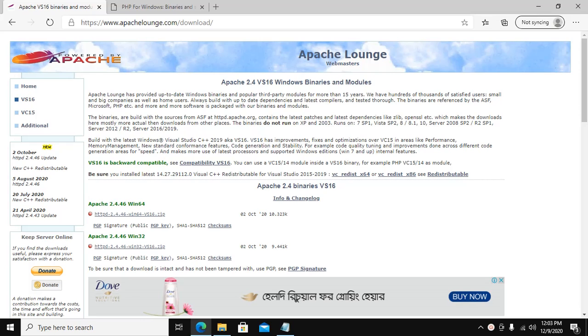Let's start by downloading PHP and Apache2 server from this website. Click here to download Apache 2 server for Windows 64-bit operating system, and this file is for 32-bit operating system. I have already downloaded this,